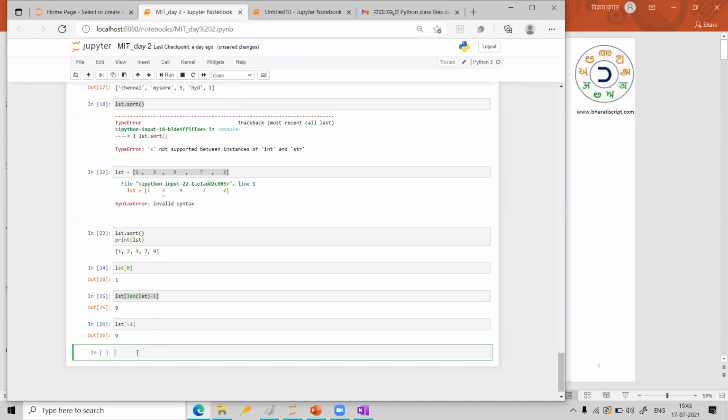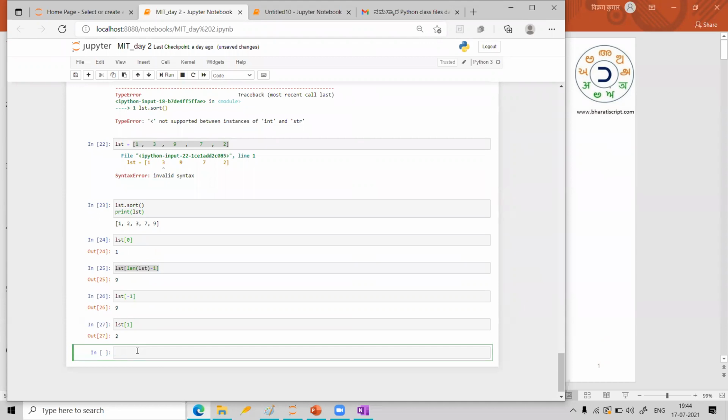Yes, sir. Okay. So now if I want to find the second minimum, how can I get it? Can I do like this? LST of 1. See, LST of 0 will be the first minimum, that means the lowest. I want little above that, that means the second lowest. So if I want the second lowest, I can tell like this. Similarly, if I want the second highest, or what are the marks of the second highest person, can I write like this?